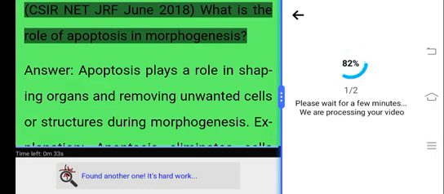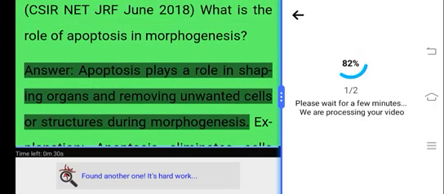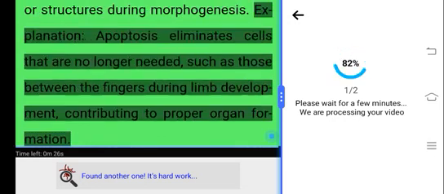CSIR NET JRF June 2018. What is the role of apoptosis in morphogenesis? Answer. Apoptosis plays a role in shaping organs and removing unwanted cells or structures during morphogenesis. Explanation. Apoptosis eliminates cells that are no longer needed, such as those between the fingers during limb development, contributing to